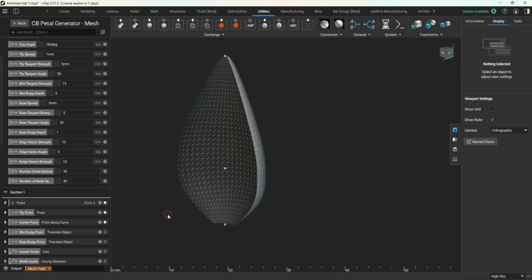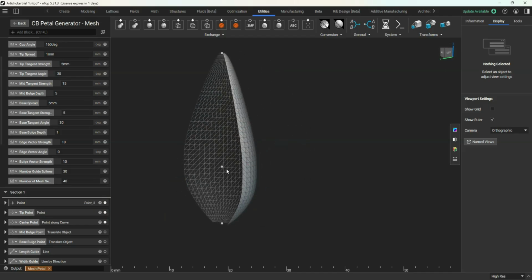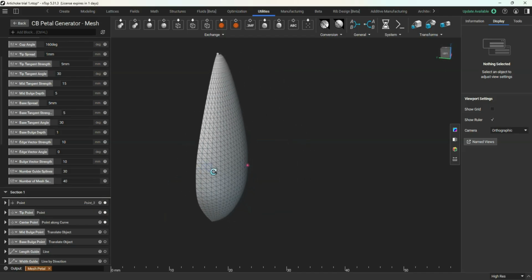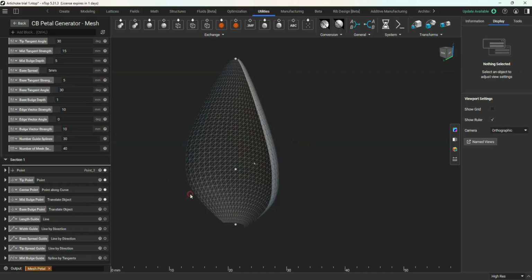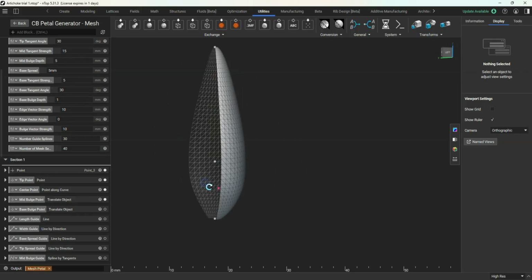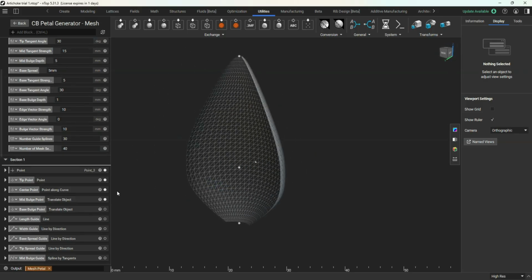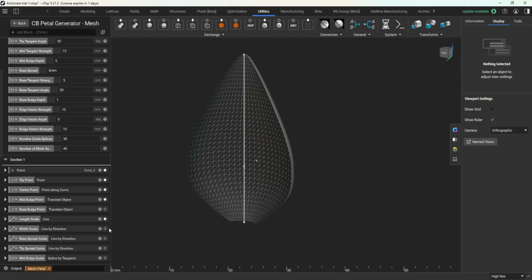And then the center point in the middle, and that's just on the plane there. It's the point where that bulge is the biggest. And then the other reference point for the bulge is right there. Those are our main points. That's the length, that's the width,